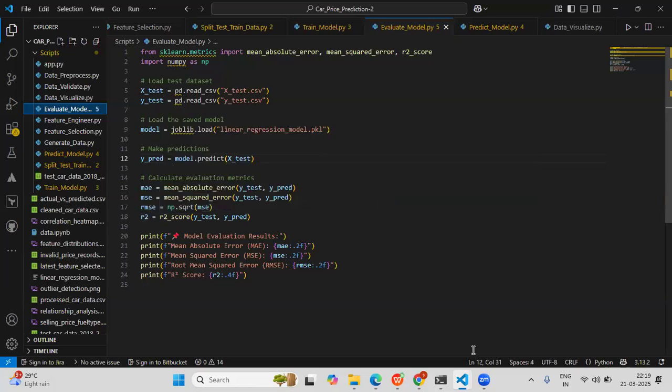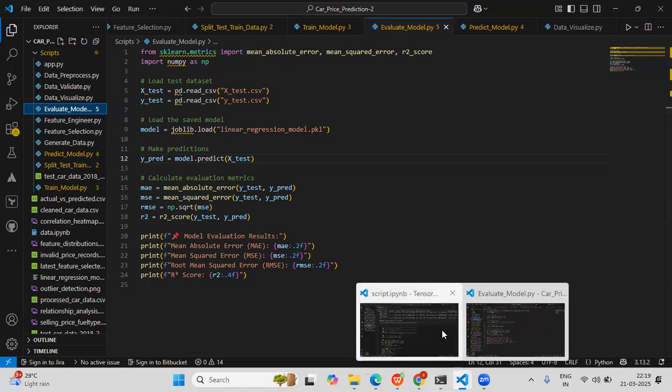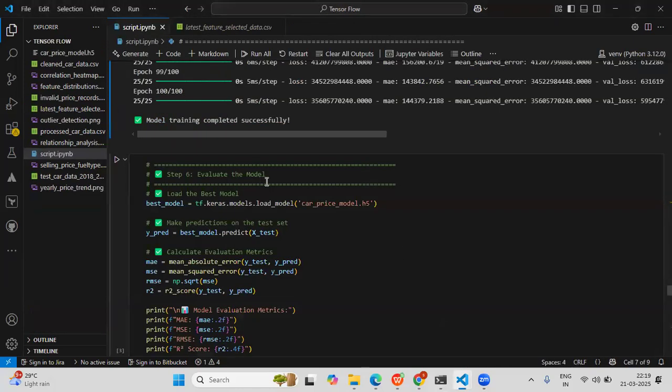Similarly, the same thing we are going to see under the evaluation of the model. Here also we have already saved the best version of the model. This is the name of the model, and we are loading the best model by using tf.keras.models.load_model. That will be stored under the best model variable.